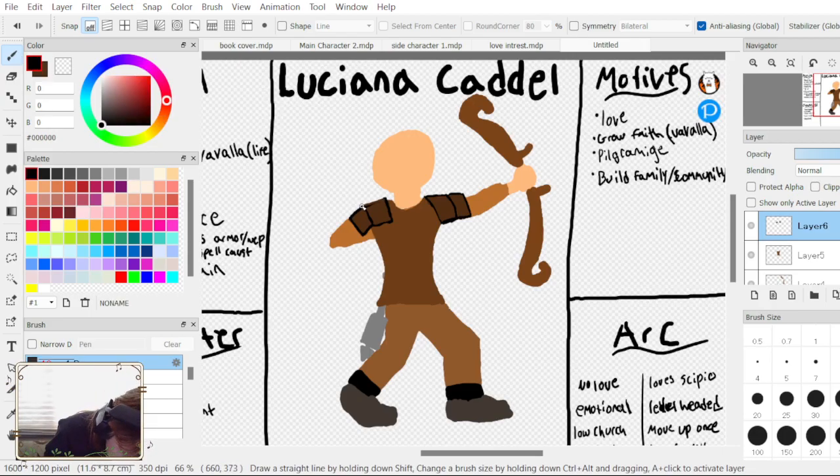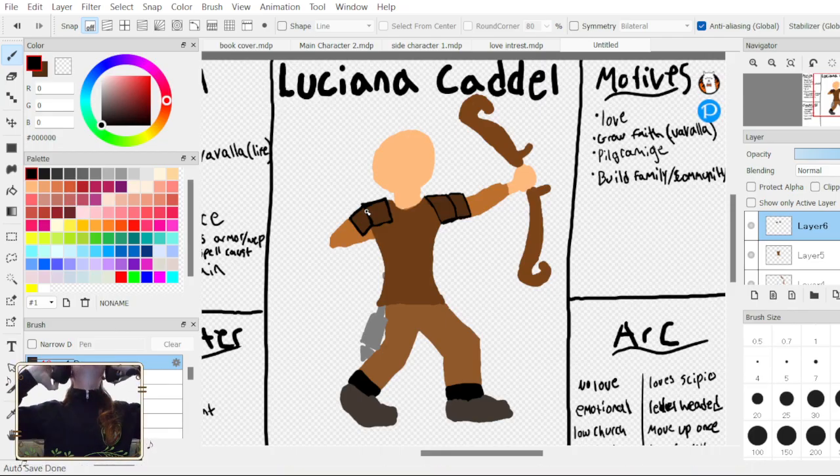Damn, wrong color. Alright, so now I got a question. Do we have her have like a cape or a cloak or something? Or like a scarf?